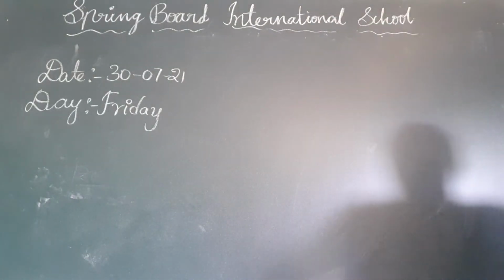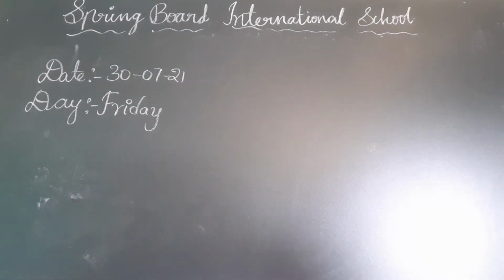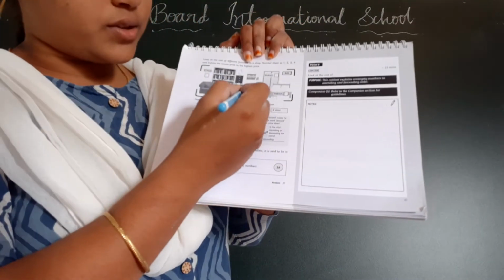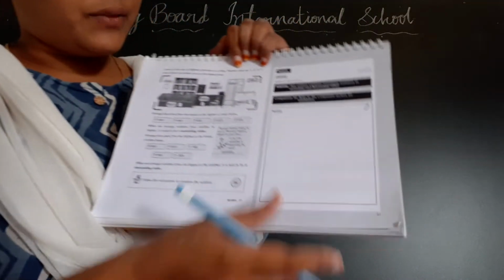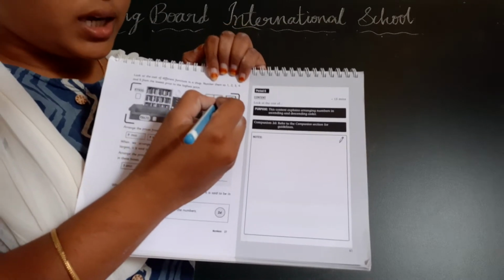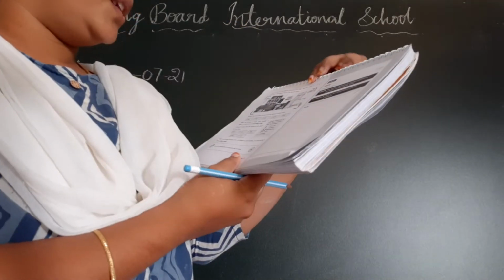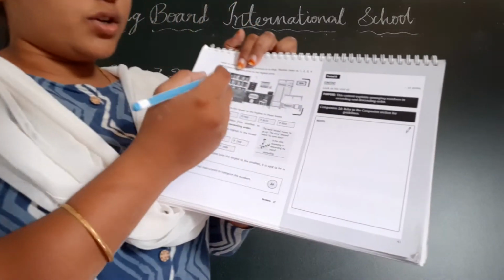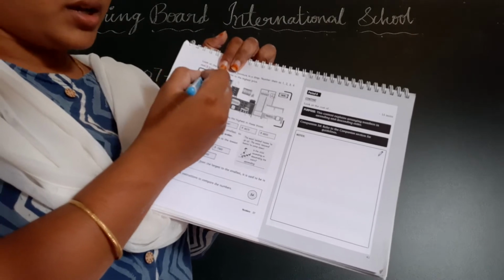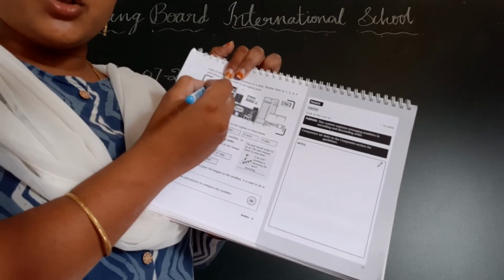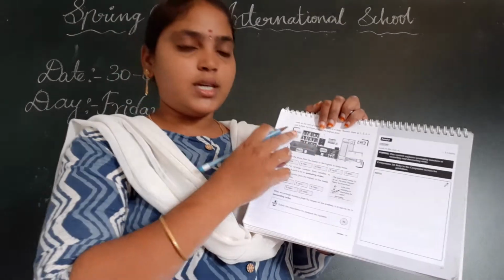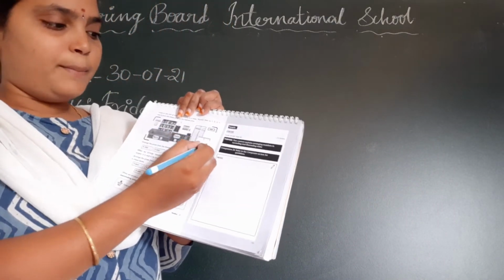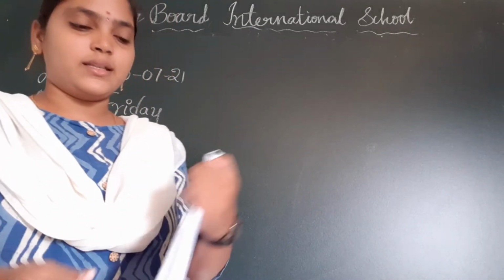Next, observe, children, which one is the next lowest price? 4460. Give 2 here, this is the next lowest price. And then which one is the next lowest price, children? Yes, the shelf. The cost of this rack is 7900. So this is the next lowest price. So give 3. And then sofa and bed. You have to give the numbering like this, children.